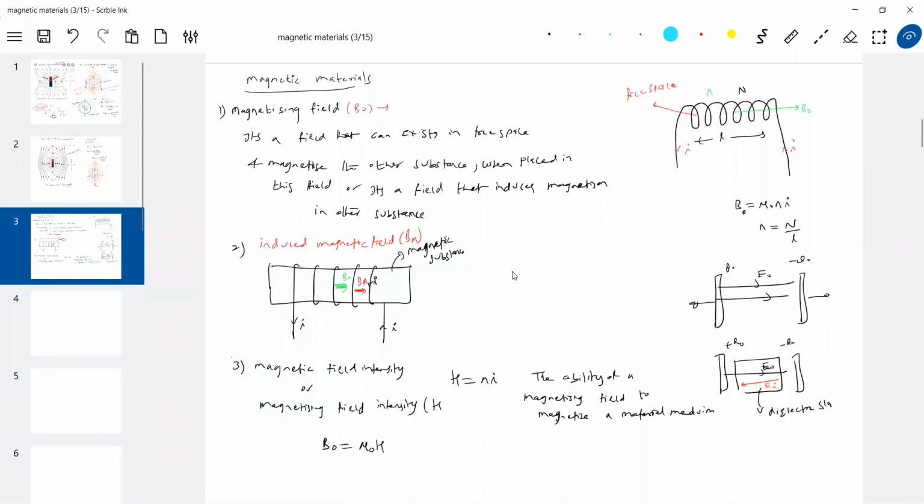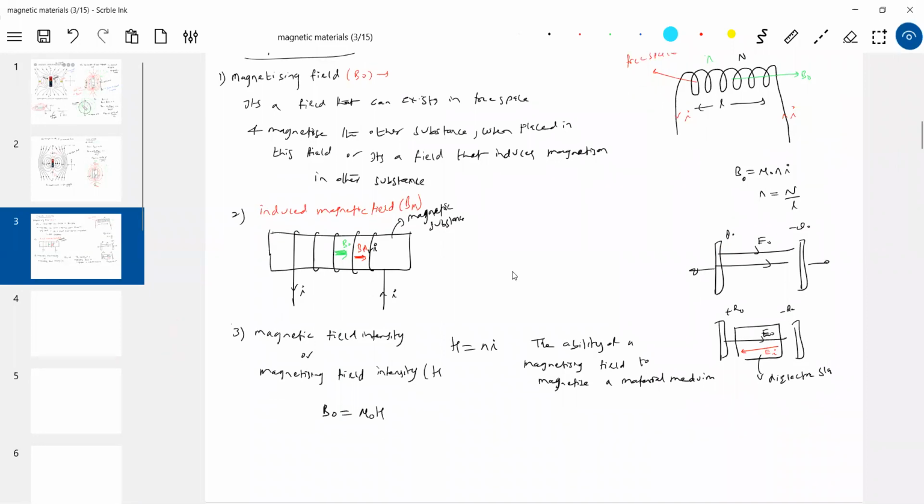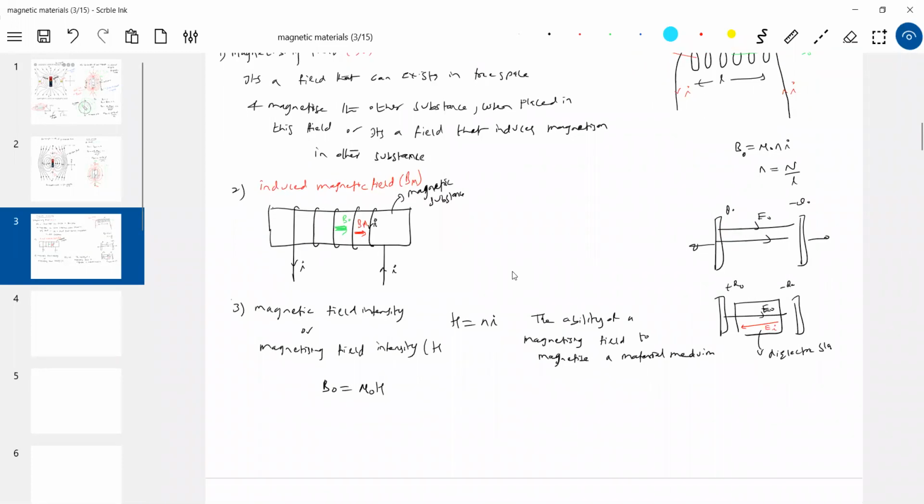Okay, let's get into the magnetizing field. With this magnetizing field, how much a substance got magnetized, I should measure, no? I should have a quantity to express how much a substance got magnetized. So for that purpose, how is Bm related? The next one is intensity of magnetization. This is called capital I. Small i is for current, capital I we use for this particular quantity.